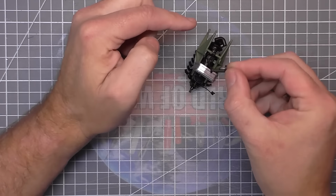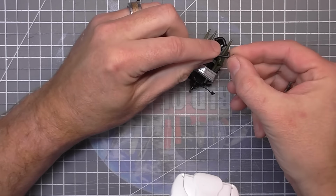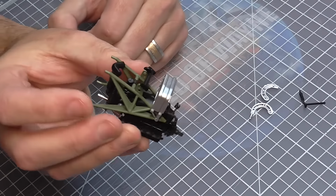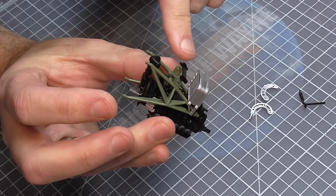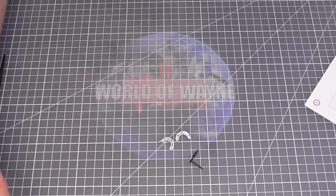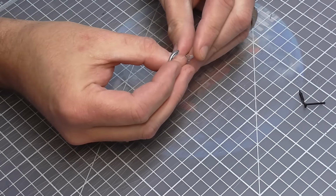It's going to be going on with this tab pointing towards this rear section here, and we do have indents on here just onto the top like this. So a little bit of glue on here, and there you go, that's in like that. Then that's a good testament for you that if they fit in fine there, then that means that these metal sections are square, as you can see. Perfect. Put that to one side, just let that dry,